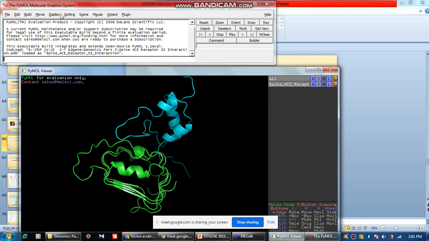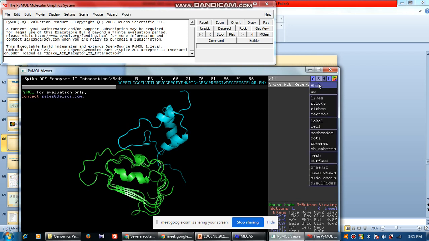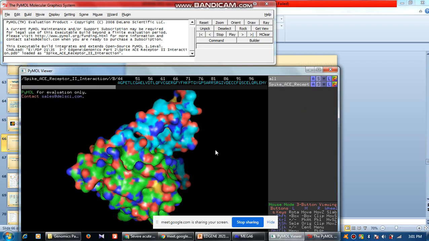Just 1 second. The thing that I wanted to show you is, now we will be able to see the three-dimensional structure, now it is only like a ribbon. Now we'll show you, it will take a little time to respond. It will do so many calculations now.